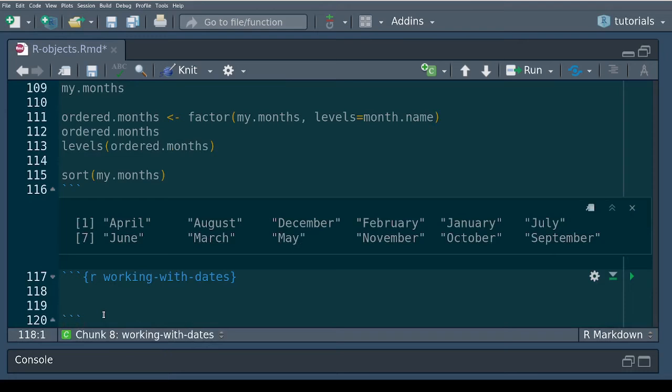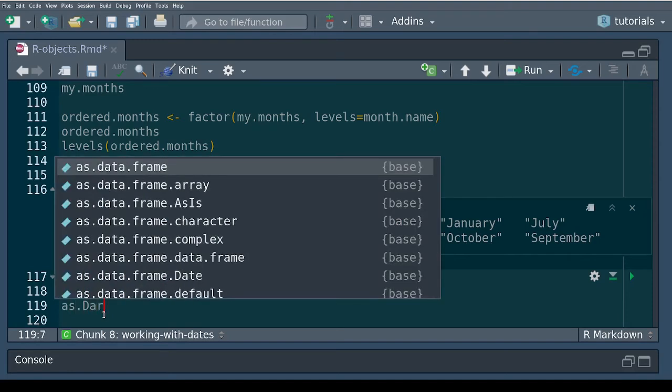To create a date from a string, we use the function as.Date. So call it my_date is equal to the month is March 25th 2021. Okay, let me go for January. This is the date of reference for some activity or an event somewhere. So I want it converted to date object type. How do you do that? Use